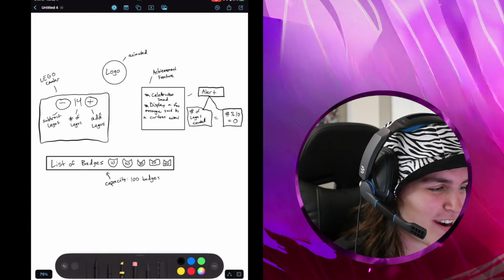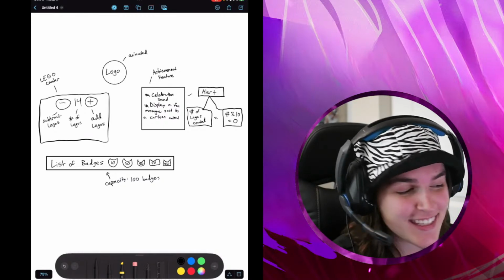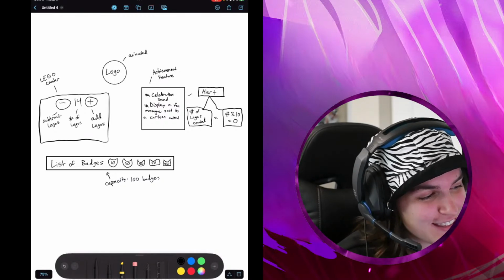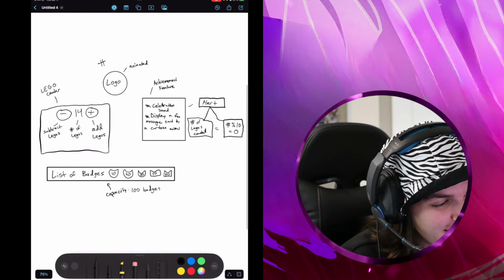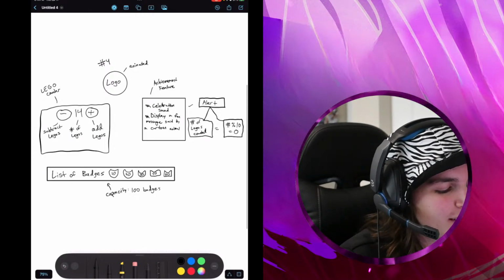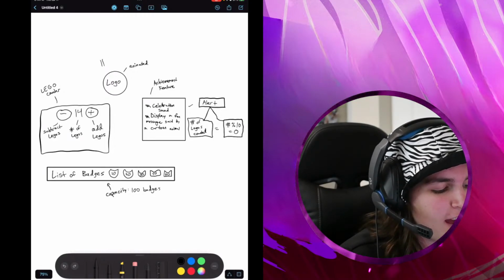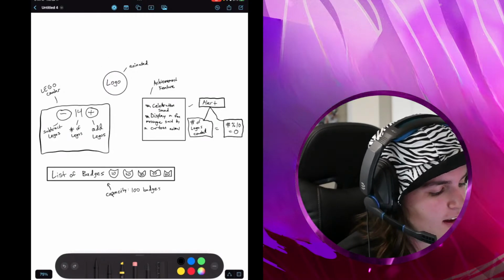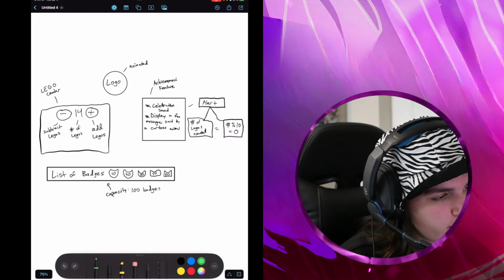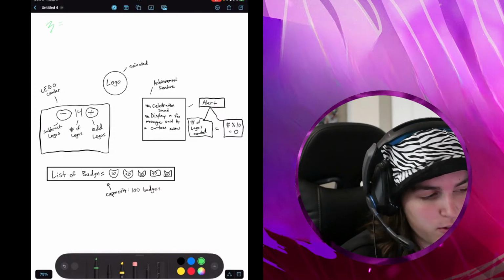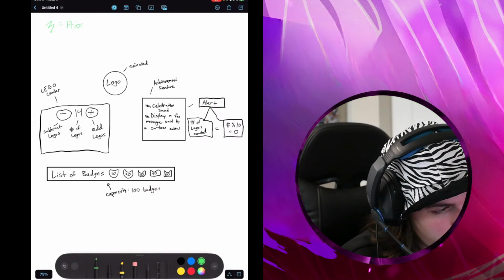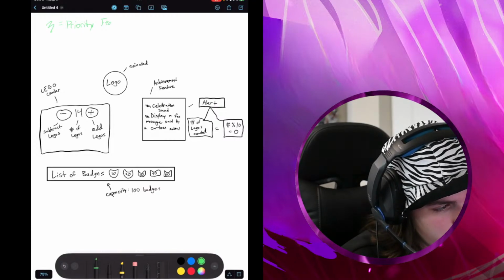Okay, so I'm gonna prioritize it. The logo, honestly, could probably be last, actually maybe not last. Maybe, okay, how about second? It could be second priority. I'm gonna put this in a different color. Green equals priority feature.